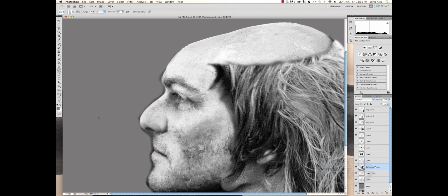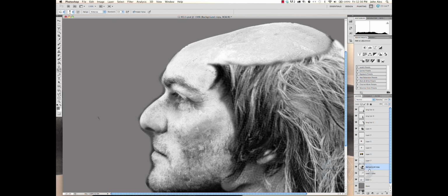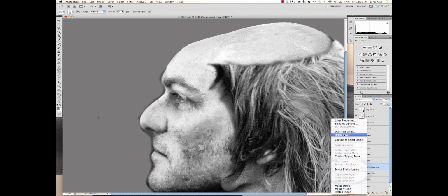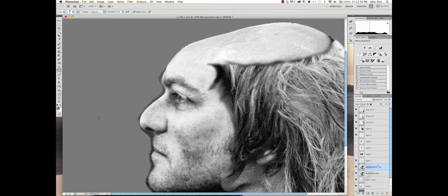And let's see, what would be the best way to do this? I'll take my background copy, confirm that's the one I'm still working with, and let's duplicate this so I don't mess up the only layer that I've been doing work on. And using this duplicate layer, I'll go to my cloning tool, and I'm just going to clone this skin area above and paint it right over top of the eyebrow, because it'll be a quick way to put it together. So I hit my Alt key, grab this and drop it here, grab it up here and